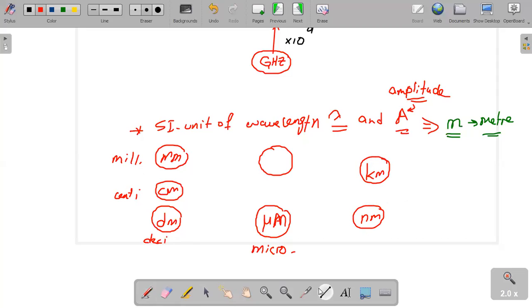not should be. I mean, that depends on the problem. Here you can use centimeter, you can use decimeter, you can use micrometer, but that depends on the problem. But in kilohertz and hertz you have to change the kilohertz, the megahertz to hertz, no choice. Okay? So here let's write the factors to change all these to meter.